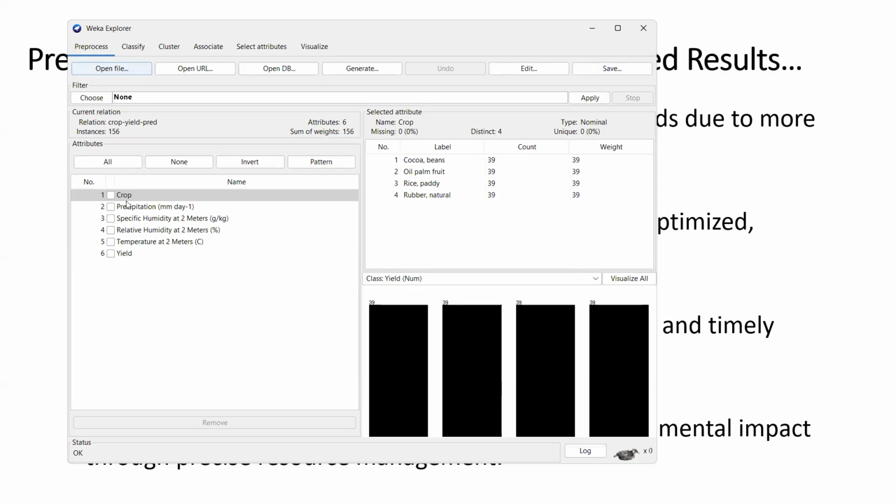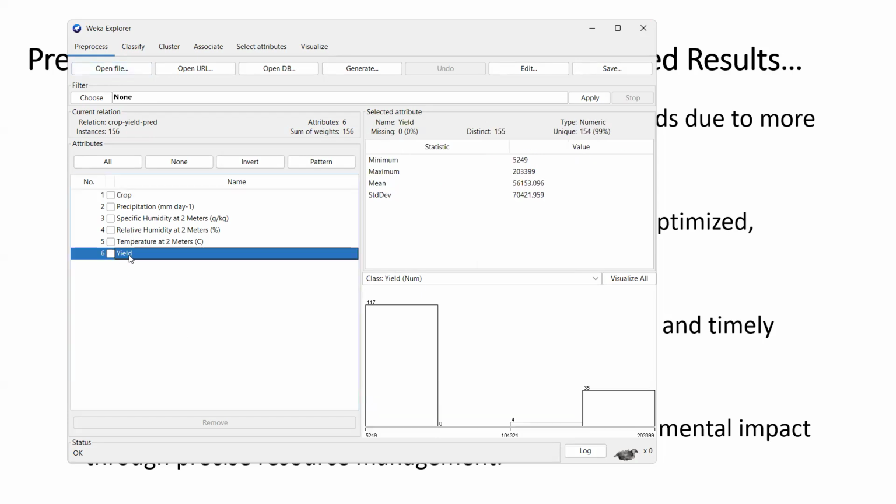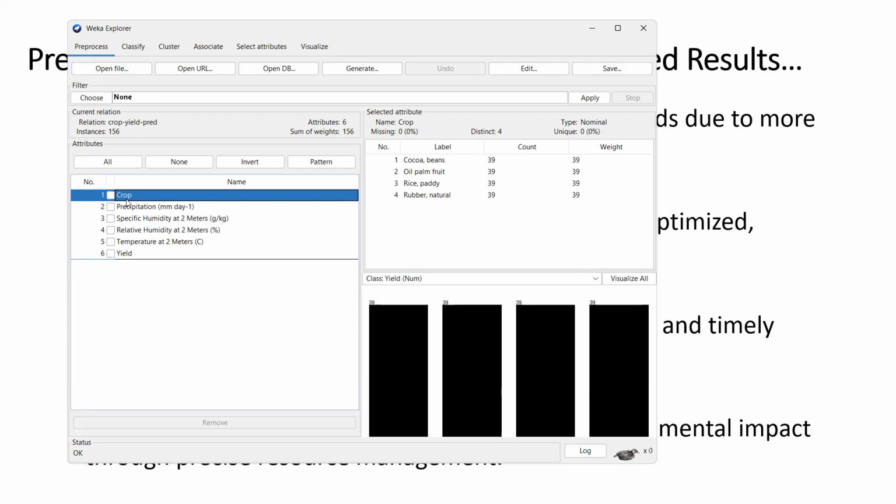So you have a small data set with 6 variables. One of the variables is the output, which is the yield. We all know what yield is, what you can possibly produce in this situation. This is the crop type. This is one of the variables. Given these crop types: cocoa beans, oil palm fruit, rice paddy, rubber natural.